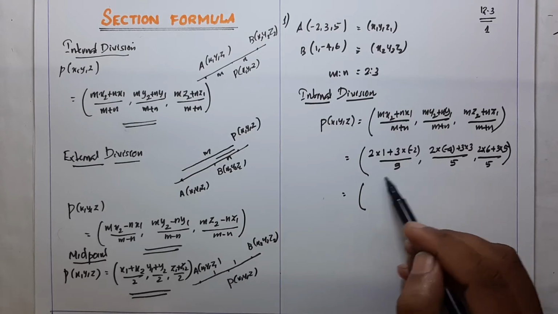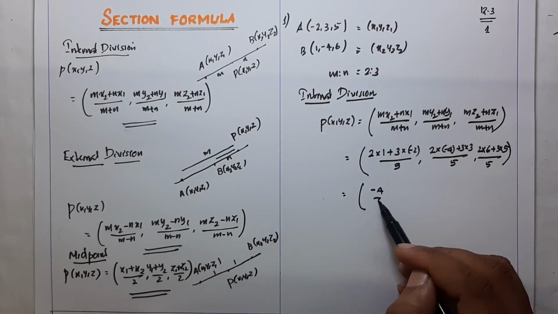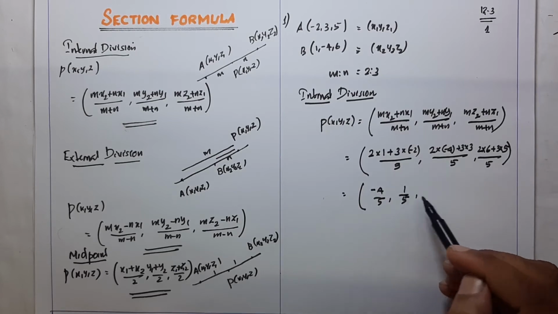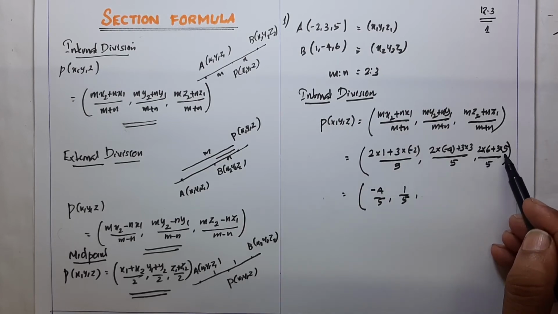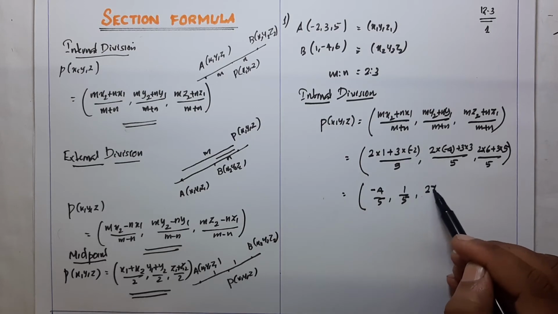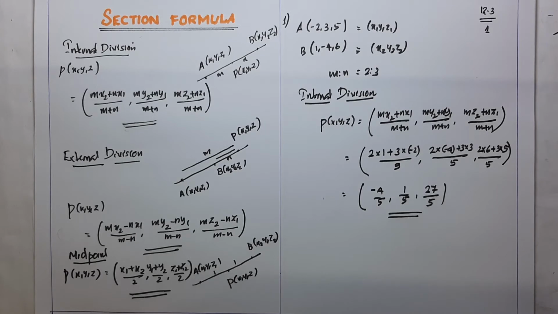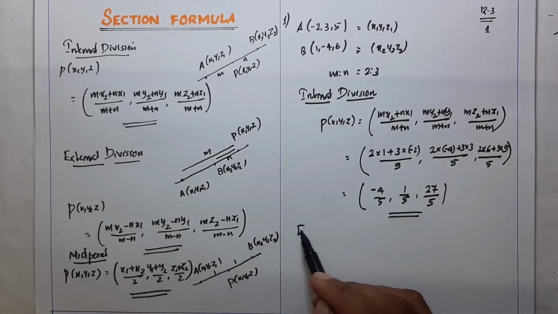What is 2 minus 6? 2 minus 6 is -4, divided by 5. Minus 8 plus 9 is 1, divided by 5. And 12 plus 15 is 27, divided by 5, which is the required point. So P(x, y, z) is equal to (-4/5, 1/5, 27/5). Now, for external division,